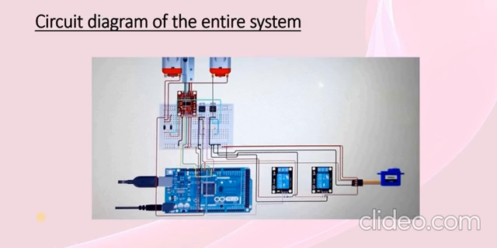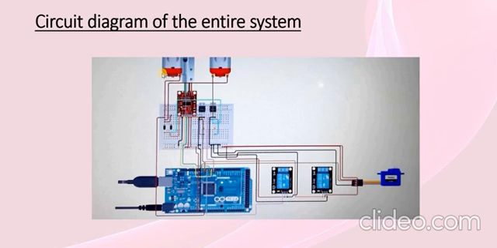Here we have used one servo motor which is connected to the breadboard, and from the breadboard it is connected to Arduino. It is used for sorting. Here there is one load cell which is used for measuring the torque. That load cell is connected to the load cell amplifier which is fixed to the breadboard, and from the breadboard it is connected to the Arduino.